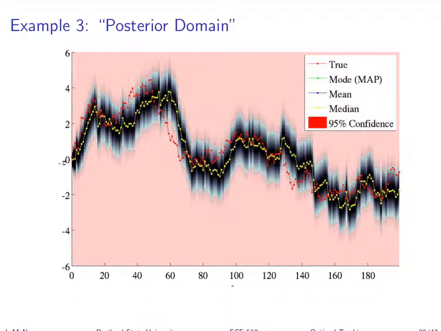Another kind of cute thing that happens is the mode, the mean, and the median. You look at this and you're like, you forgot to plot two of them. But I didn't. It's that the median is on top of the mean, which is on top of the mode, and they're all exactly the same because it's a symmetric distribution with its maximum value at the point of symmetry. So they end up being the same. You can actually see MATLAB kind of struggling to know the order of the plotting if you look really closely at a few points where there's a little speck of green that comes through, but